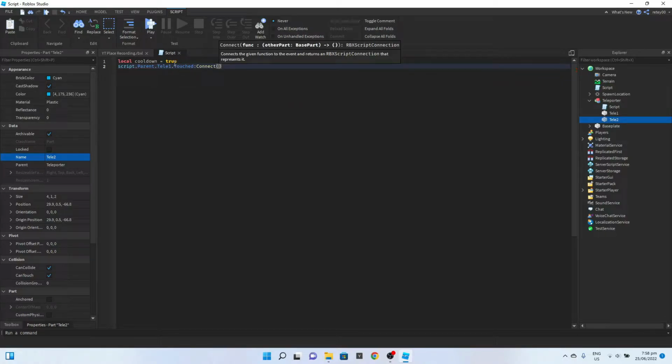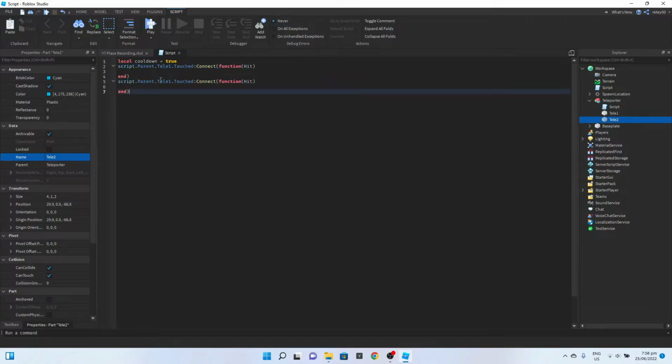We want to connect that to the function, and we want to record what touched it in a variable named hit. Duplicate this function, rename it tele2, and